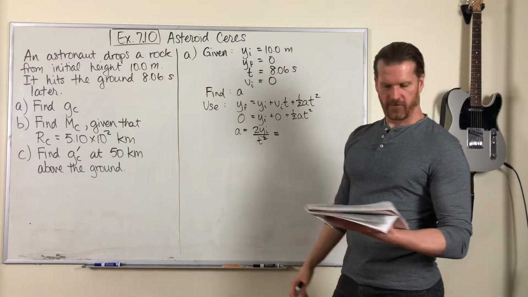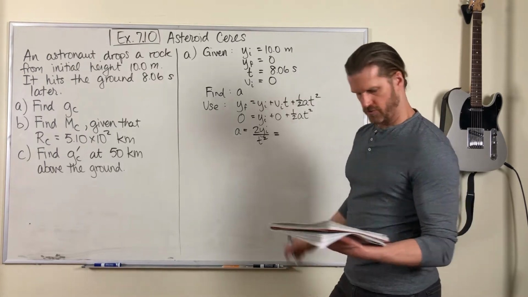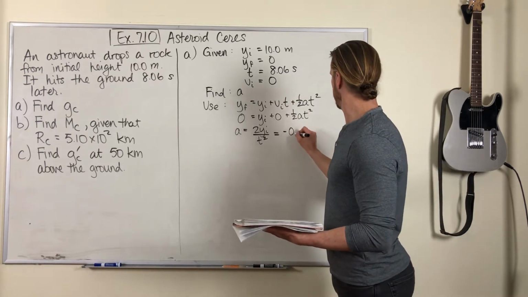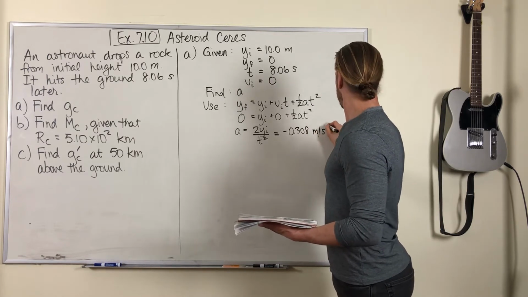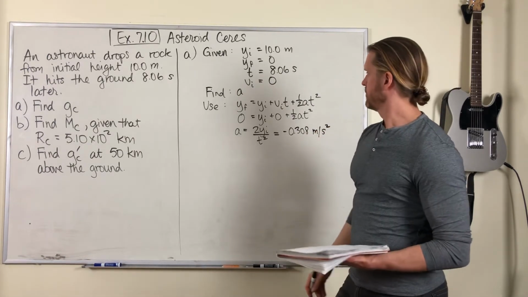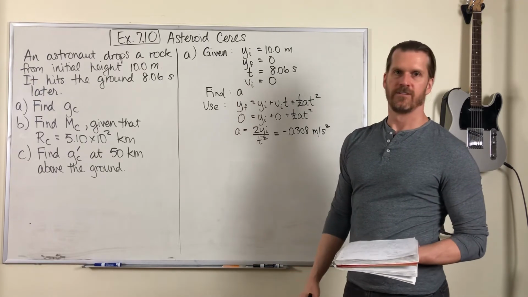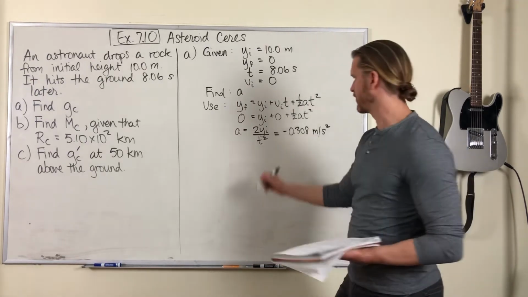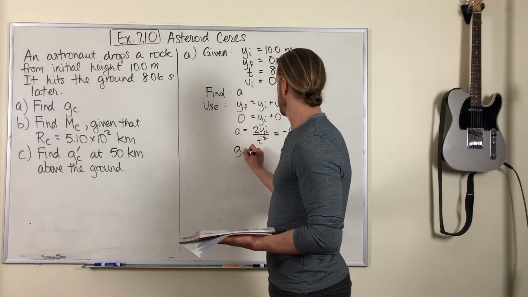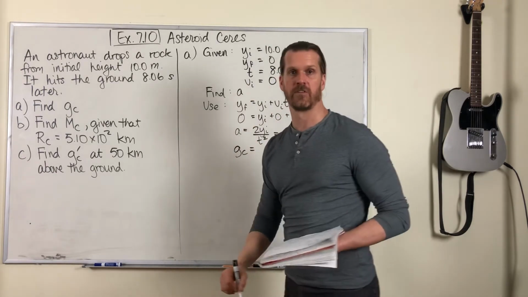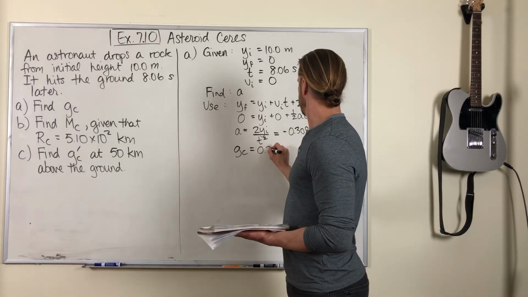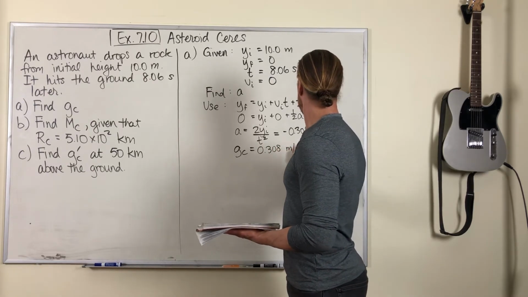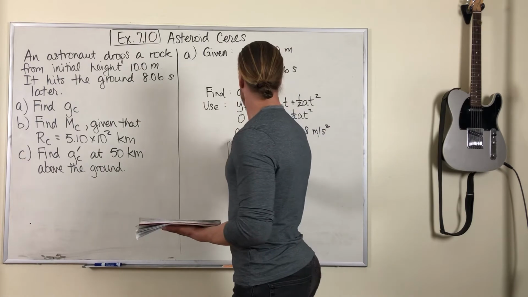And it gives us a value of minus 3.08 meters per second squared. And according to our convention for g that we've always done, we'll consider g to be the magnitude of this acceleration. So that's g